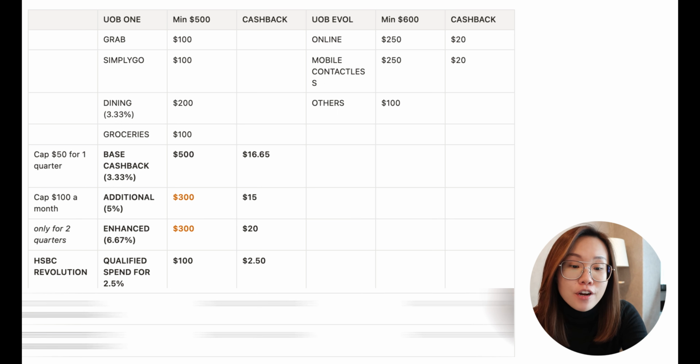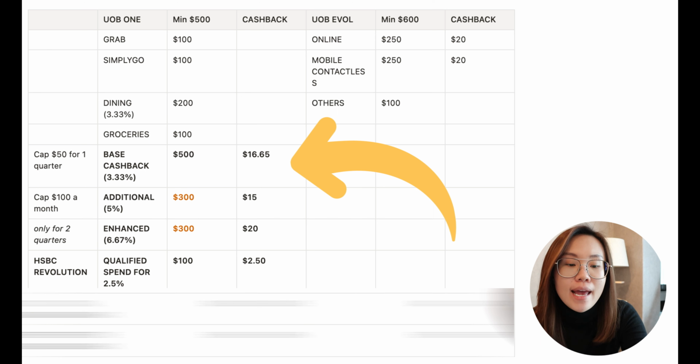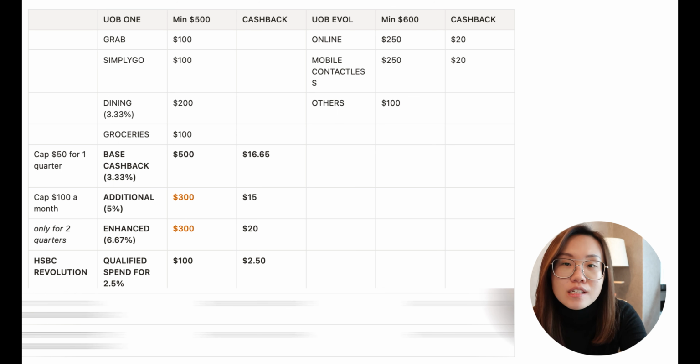Base cashback on the $500 for UOB One, I'll be getting $16.65 for this month, and additional cashback is $300 because Grab, Simply Go and groceries at Giant or Jason's Deli, CS Fresh, etc. will give me an additional cashback of 5%, and that will give me $15. Enhanced cashback is only for a promotional period of time. This enhanced cashback is only valid for 2 quarters, so 6 months in total, so just keep that in mind. After the 6 months, this cashback is no longer around. Enhanced will give me $20,